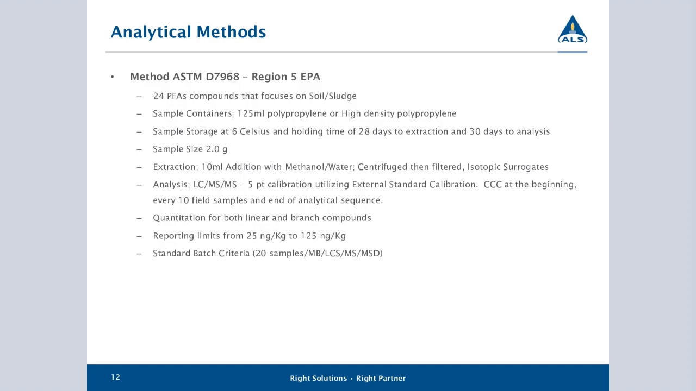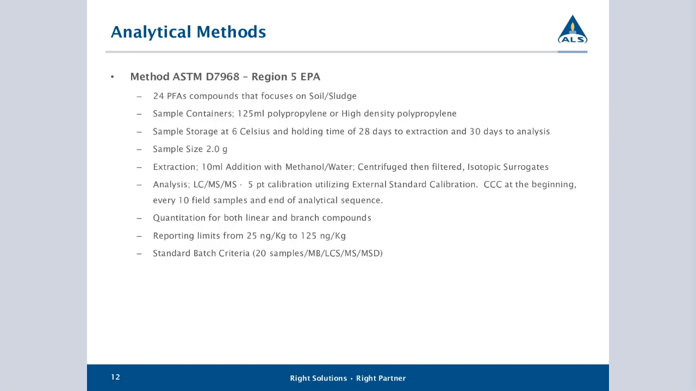ASTM D7968, again, is specific for Region 5. Obviously, it can be used in other regions, but Region 5 really seems to hone in on this one. It has the same compound list as 7979 and 8327, but focuses more on soils and sludges. So you have the sample containers, the sample storage and holding times. In this case, they